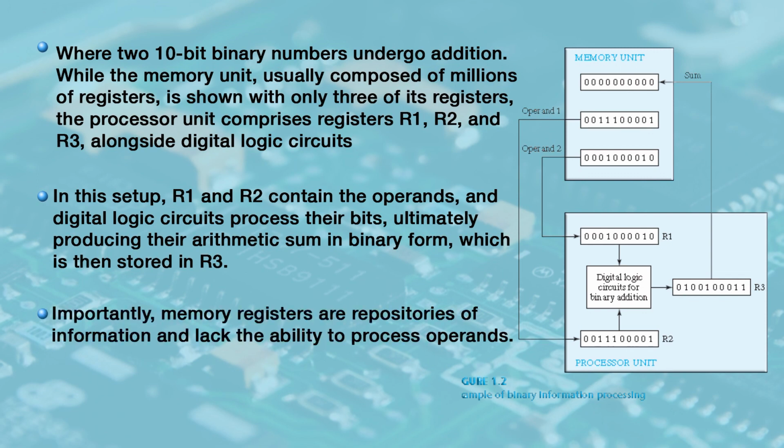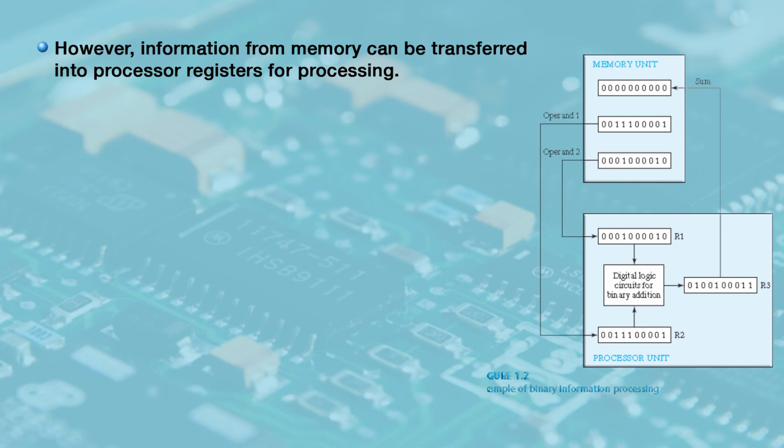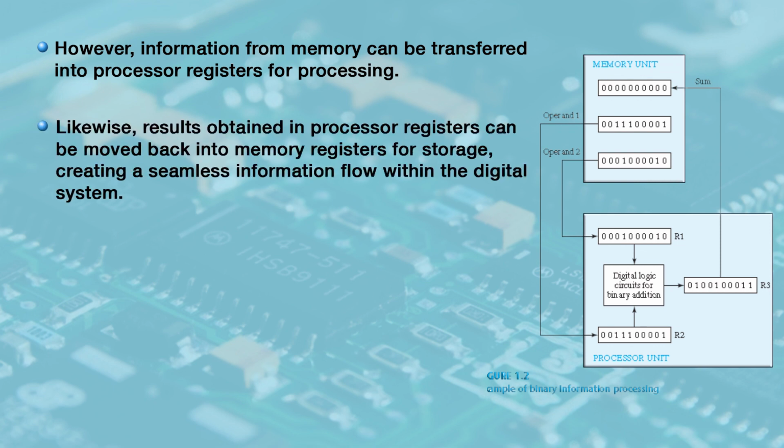Importantly, memory registers are repositories of information and lack the ability to process operands. However, information from memory can be transferred into a processor register for processing. Likewise, the result obtained in the processor register can be moved into a memory register for storage, creating a seamless information flow